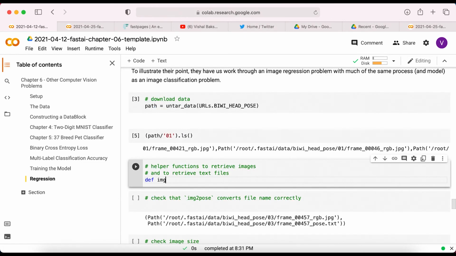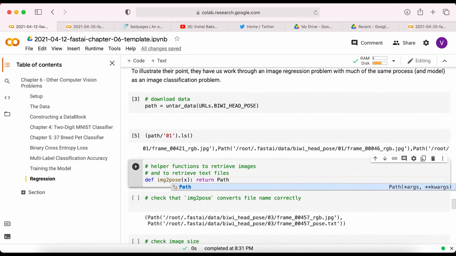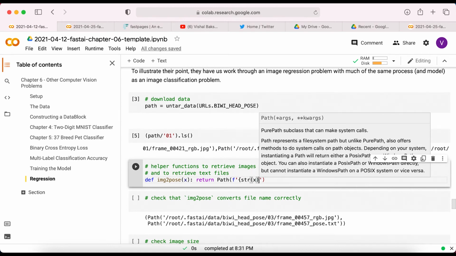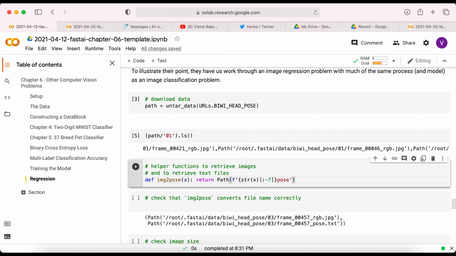So we first define an image to pose function, which takes an image, in this case, I'd say image path. And what it's going to return is a path to that underscore pose.txt. So I'm going to take that string x, which is the file name of the JPEG, and I'm going to take all but the last 7 characters, and then I'm going to add